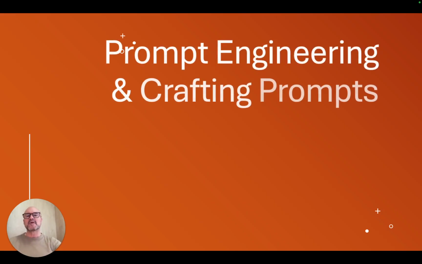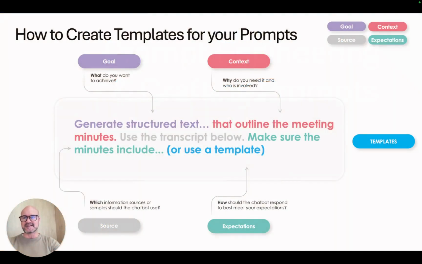Okay, prompt engineering, crafting prompts. So we're going to start having a look at this now. And you've probably learned before that there's a few ways to do this, but what I like to do is make sure I have a goal. So for instance, what I want to achieve. Also, the context is so important as well. So why do you need it and who is involved, for instance, in this particular context? The source, the expectations. So for instance, the goal in this particular one is generate structured text that outline meeting